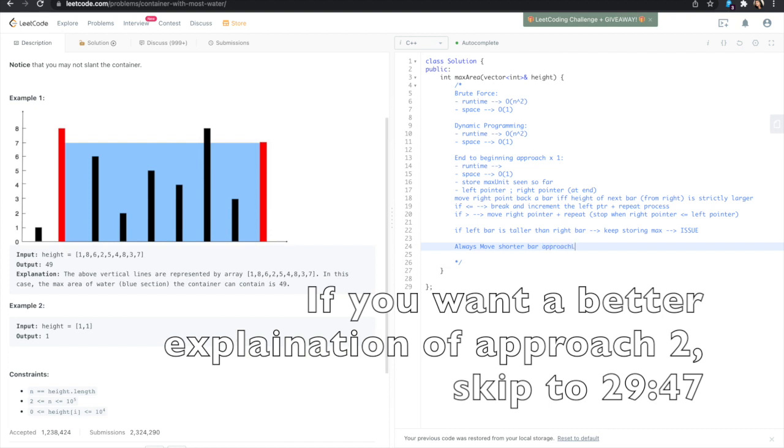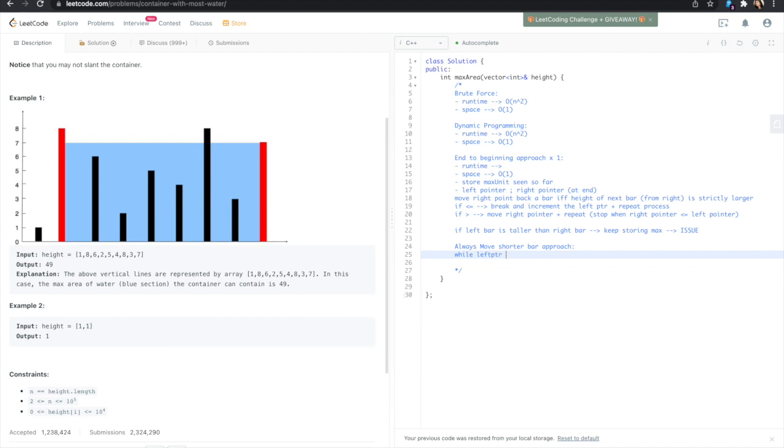And the way this works is, while our left pointer is strictly less than the right pointer, because if they're equal, it's not great. I'm not writing proper code. This is pseudocode just for understanding. While the right pointer is greater than the left pointer, what we're going to do is